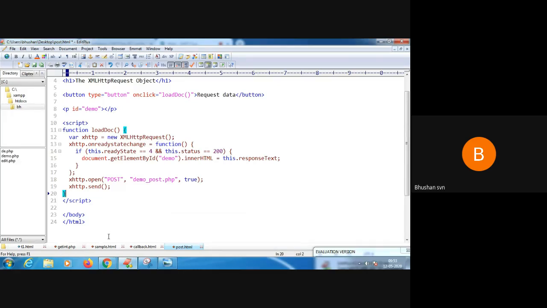The three things. One is the simple demonstration of XMLHttpRequest. Second is illustration of callback function. Third is demonstrating get and post method without using server-sided script. Next, fourth is demonstration of get and post method using server-sided script. Okay, so these are the four questions that you should know in this session.